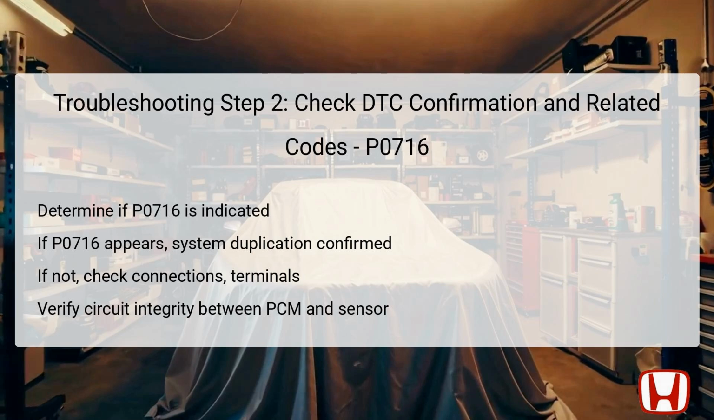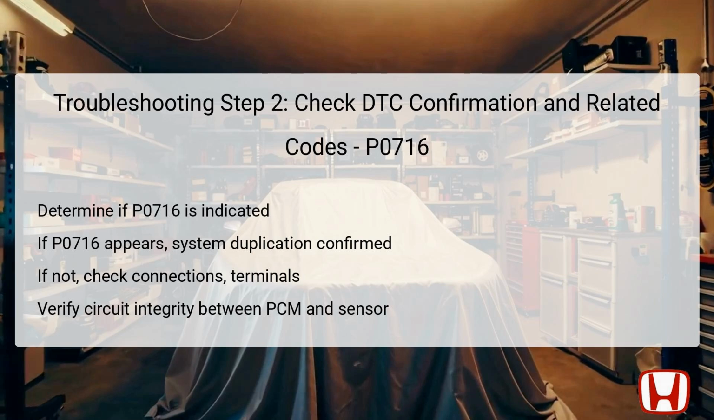In this step, the technician needs to verify whether the DTC P0716 appears alongside P0717, confirming a duplicated failure, which suggests a persistent circuit issue. If P0716 is present, it indicates similar circuit problems affecting both sensors or related circuits, prompting the technician to proceed to further testing. If P0716 does not appear, the problem may be intermittent, so it's essential to check for poor